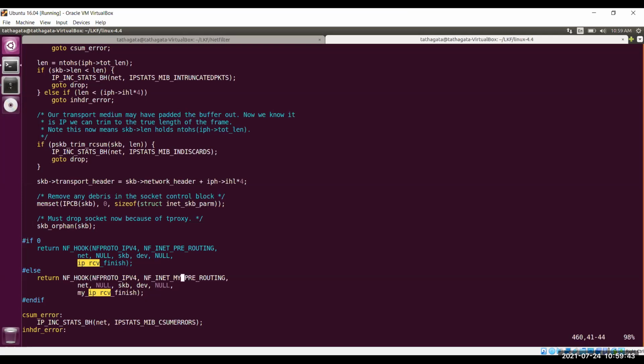In the my_ip_rcv_finish function, all the callbacks of the pre-routing hook point will be called, and then ip_rcv_finish will be called. So this example is not giving any meaningful part, but I'm just giving you the framework of how you can add your own hook point. Okay.